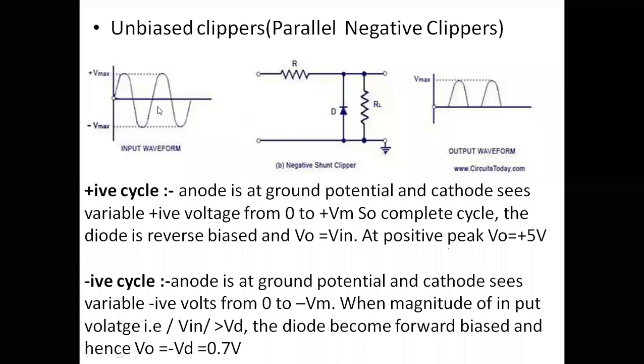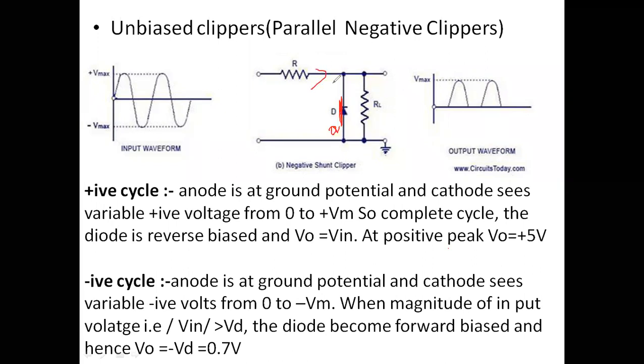When you go to the negative cycle, on the cathode side the anode is connected to ground. It won't change. It is at zero potential. The cathode goes 1, -1, -2, -3, and so on to -10, then from -10 back to 0. That means when you apply a negative voltage here, which is smaller than 0, the -1, -2 are smaller than zero. Therefore, the diode is on. If the diode is on, it will be short circuited.